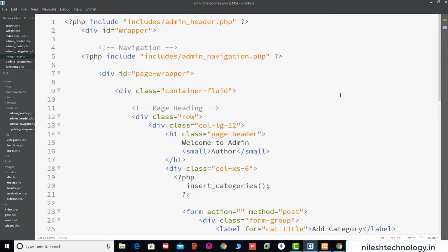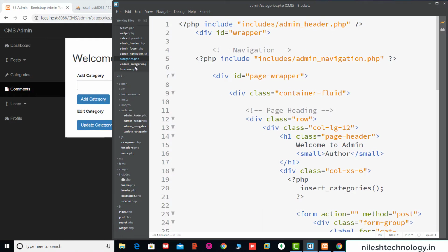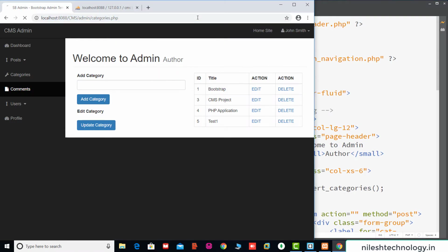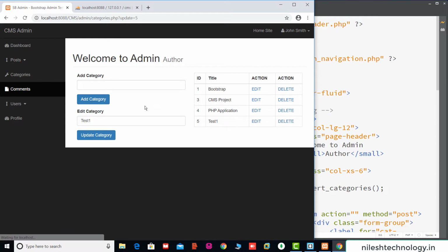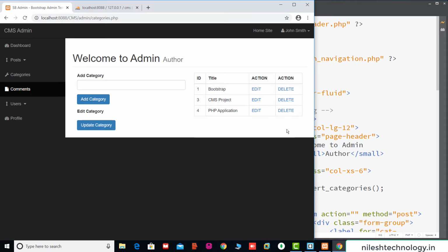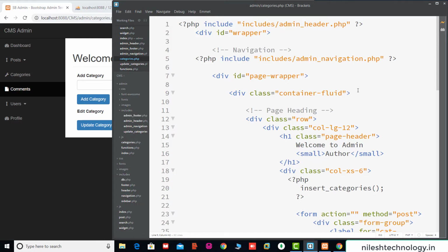Okay, so here we test the edit and the delete operations. Here we refresh this page. Here we edit this test1, click on that. Now my text is test 111111, update. The test was updated. Click here on delete, test deleted. Okay, now proceed to the next section, that is the admin.